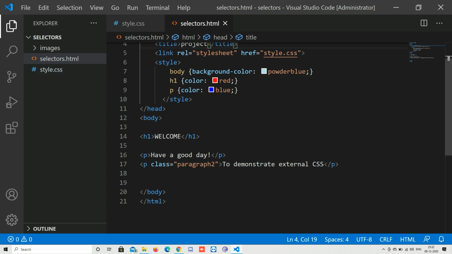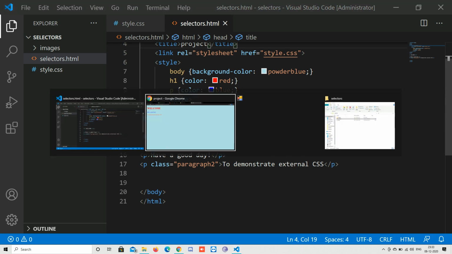So now what happens is, initially I have given color blue to all the paragraphs. So both these paragraphs will be in color blue. But then in the second paragraph, I have included a class named paragraph2 and I have styled that class in my CSS file. So the CSS file is now going to overwrite my style element and it will change the color of paragraph 2 from blue to orange red.